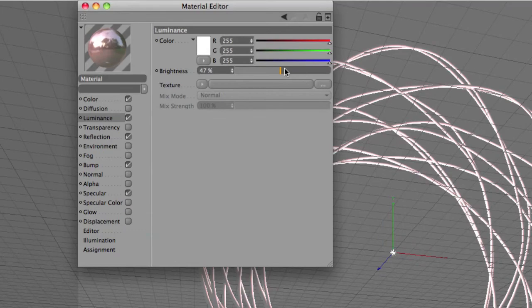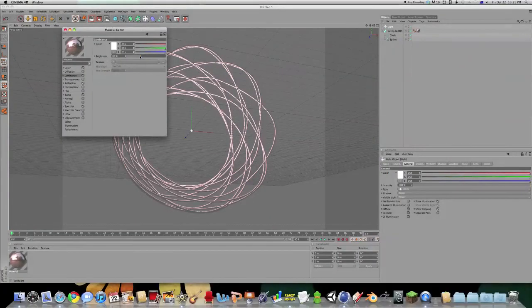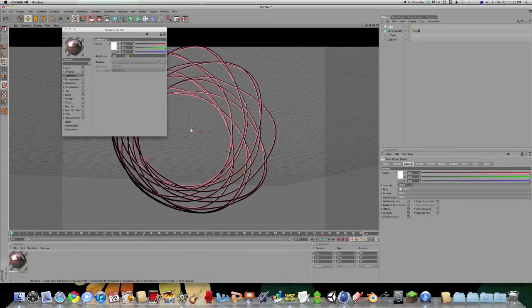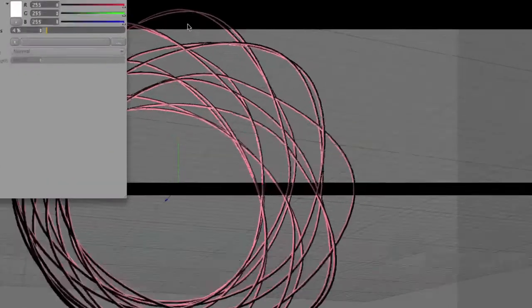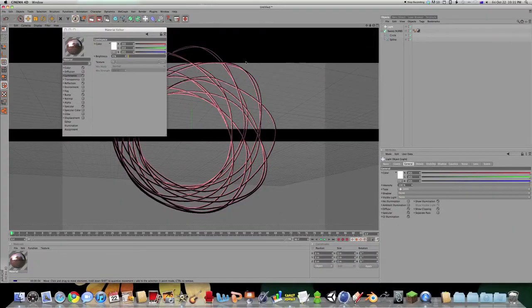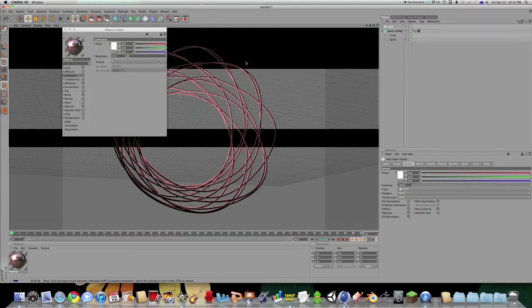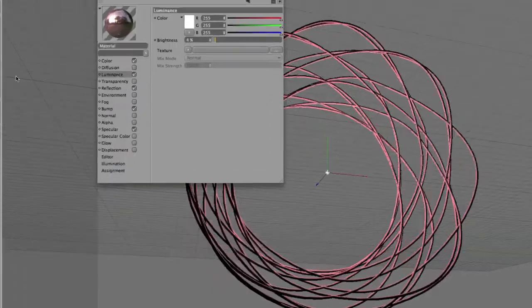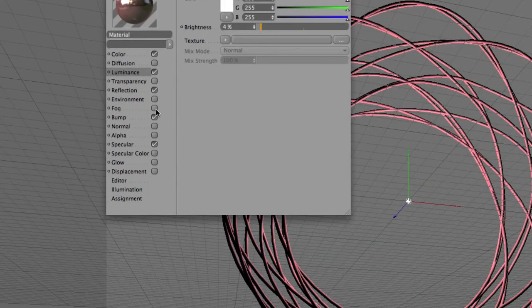Analyze limits. Let's see what this looks like. That looks nice, doesn't it? It's very good. You'll be making masterpieces in no time. Anyway,